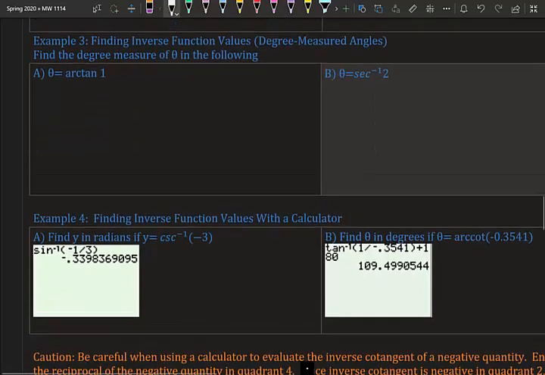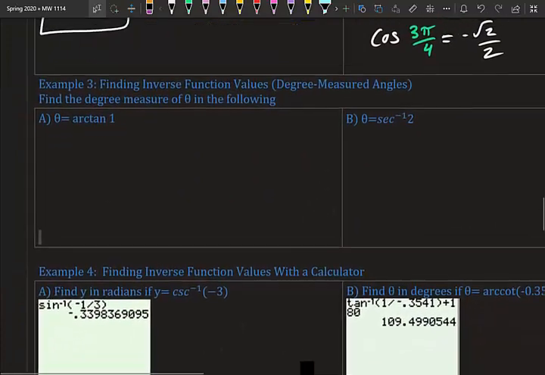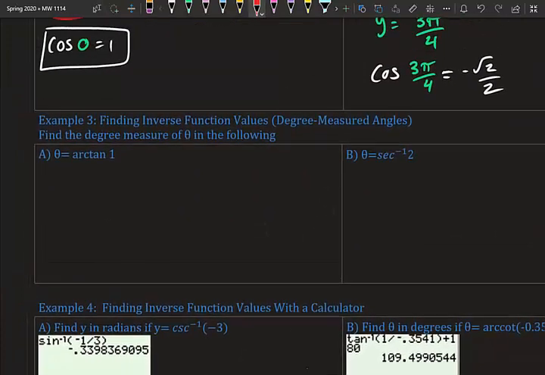Alright. Our arctan and secant. So for arctan, let's remember that our range is negative 90 to 90, or negative pi over 2 to pi over 2. So just as a reminder, that's quadrant 4 and quadrant 1. So let's kind of move it over. We have tangent theta